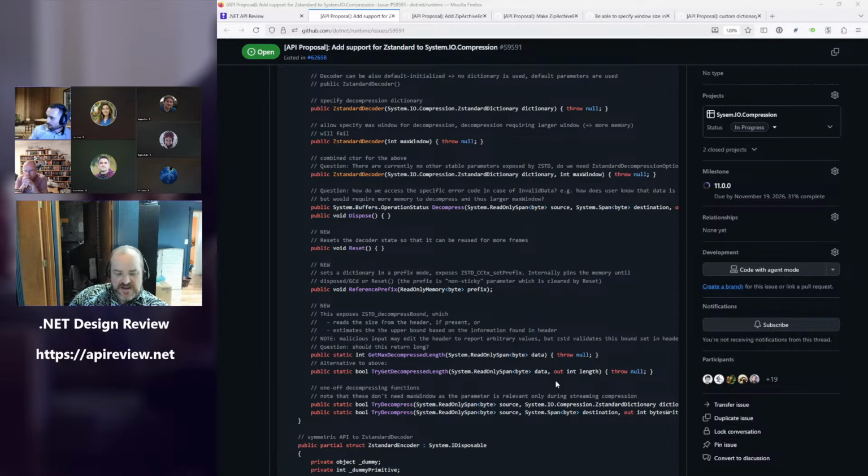One use case for Z standard, I'm not sure how widespread it is, but it was talked about, is that we will receive a Z standard encoded HTTP response, and then we will want to decompress it, and some users might want to pre-allocate the right size buffer for that, and then they would call it on basically untrusted input. So I think the try get decompressed length would be a better fit there to not throw